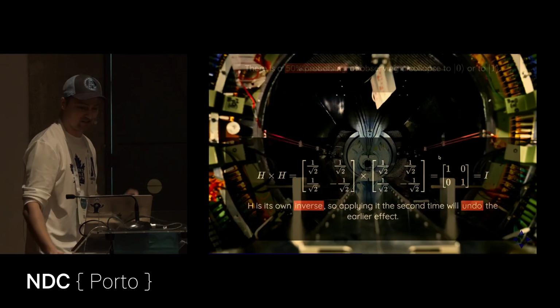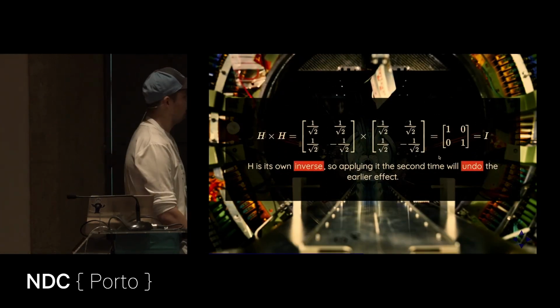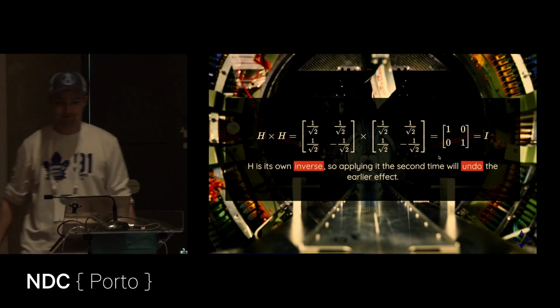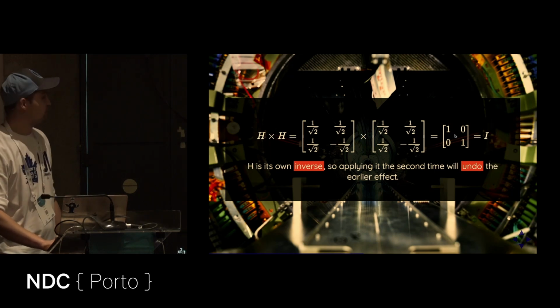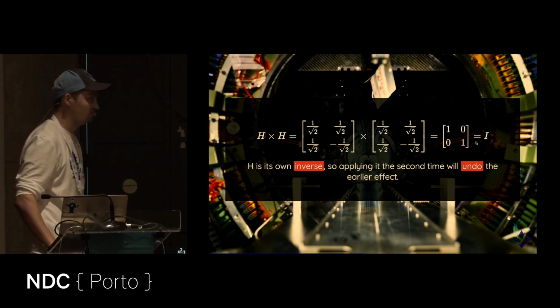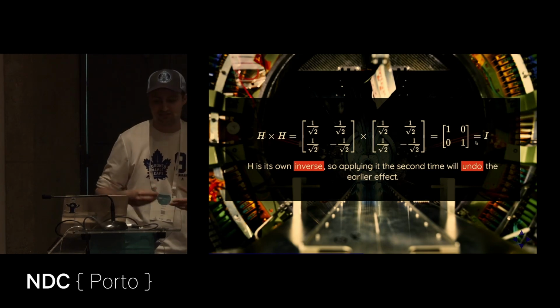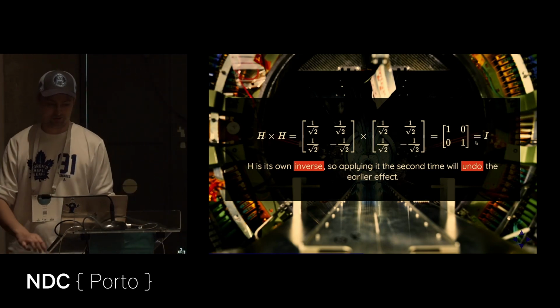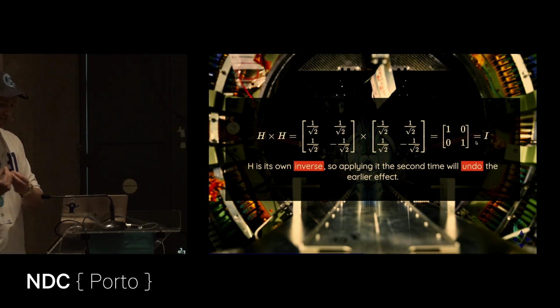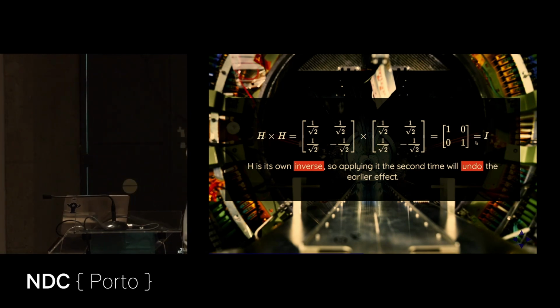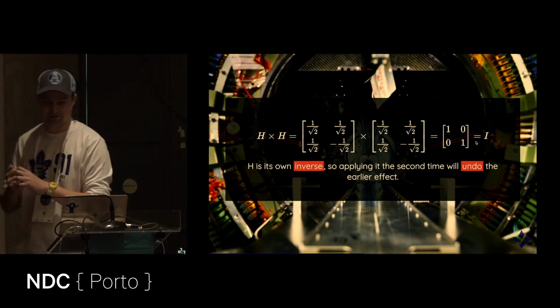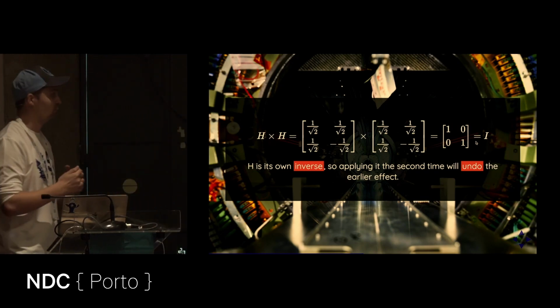And even more amazingly, if we apply H twice in a row, something interesting happens. Because when we multiply H by itself, we end up with a matrix that looks like this. And this is the identity matrix. And the identity matrix doesn't actually change the state of a vector. So in other words, H is its own inverse. So applying it once will create a superposition. But applying it the second time will actually undo the superposition and return the qubit or a quantum system back